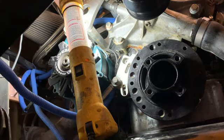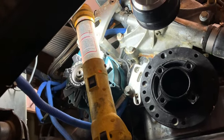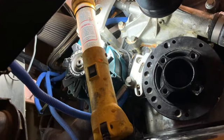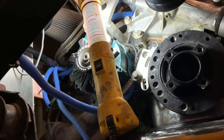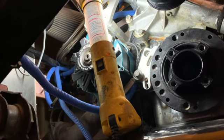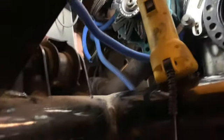All right, and here we are, all the bits off the motor. It was actually pretty easy to get this stuff off the engine, didn't take too long. There's a turnbuckle that you can see there for the alternator, just relieve the slack on it as much as I could. Belt was still pretty tight, so then I loosened the pulley off of the